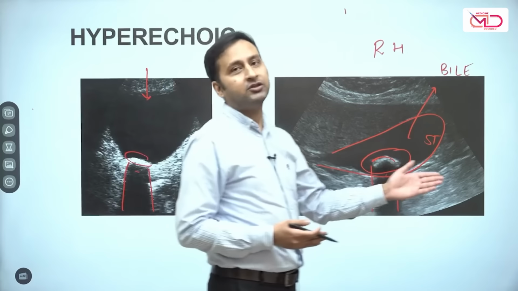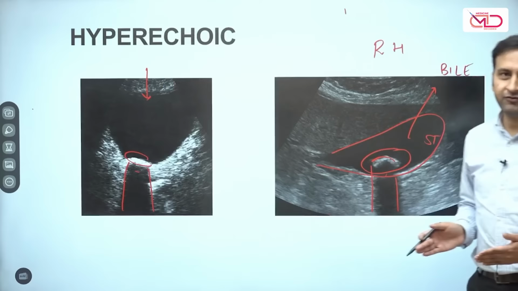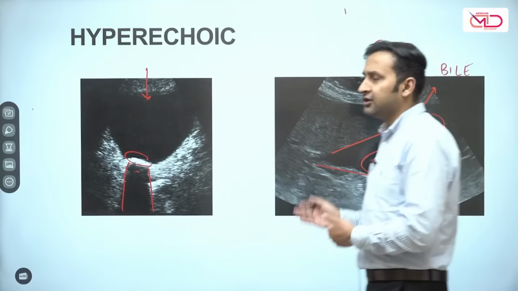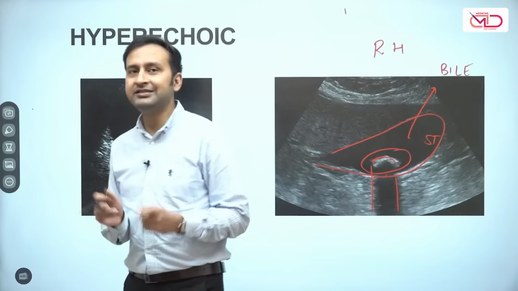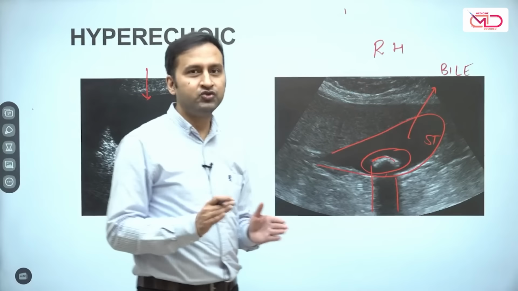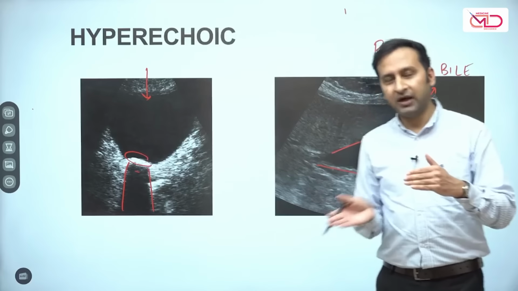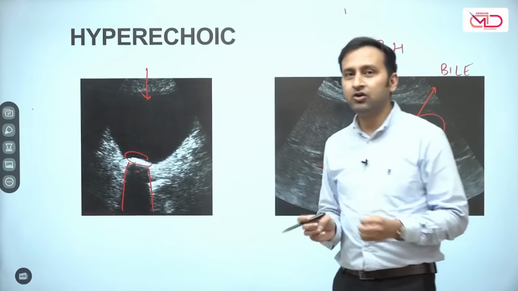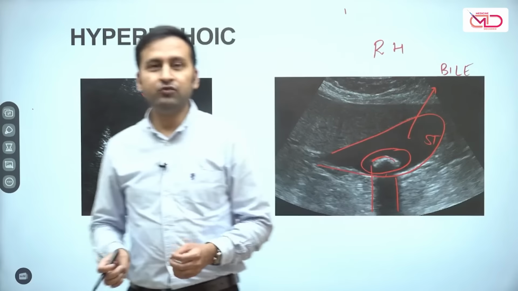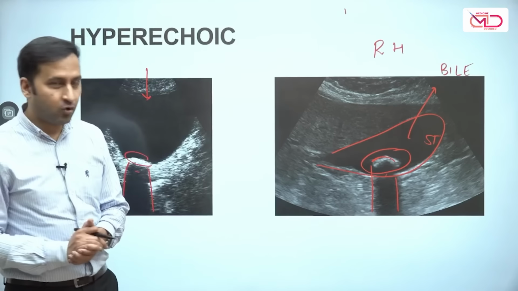In our terminology of radiology, we call it acoustic shadowing, and it is very classical for all calcified substances like stones as well as bones. And this is the reason why, for imaging bones, ultrasound is not the imaging modality, because our bones will reflect almost all the sound waves and will not allow anything to pass beyond them. As a result, we cannot see or visualize the medullary cavity of the bone, which is the seat of most of the infections or the malignant or any other processes in the body.